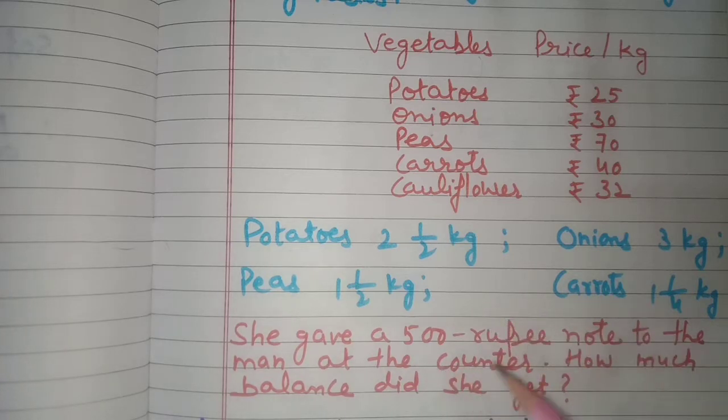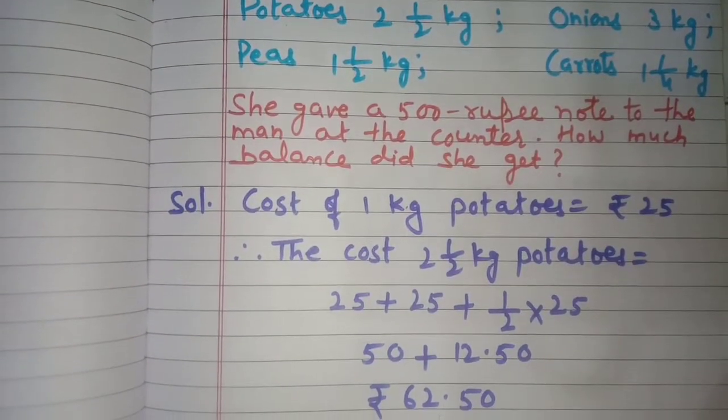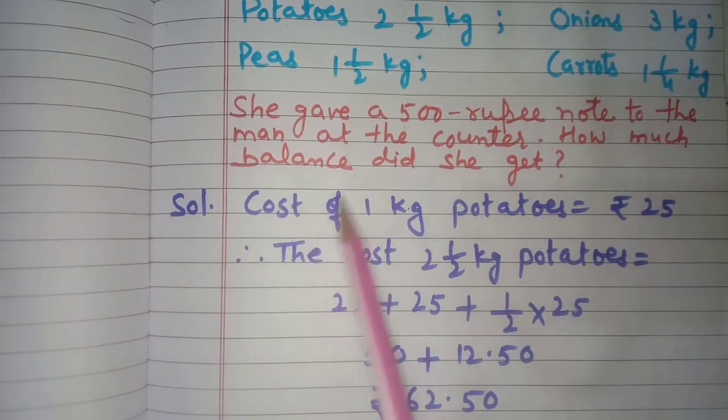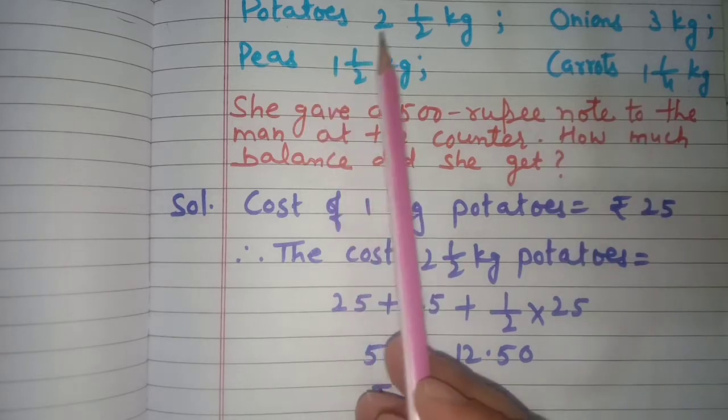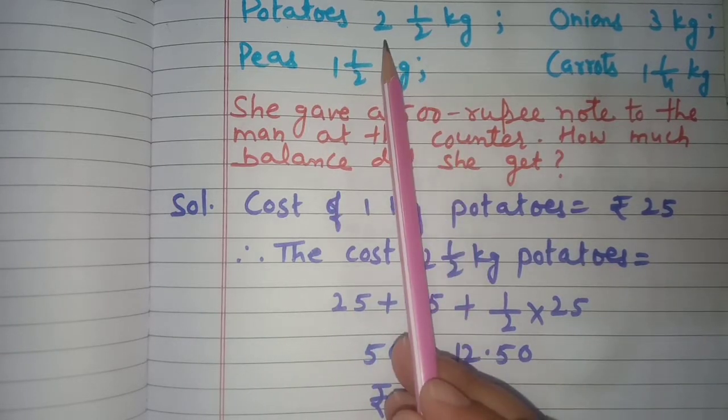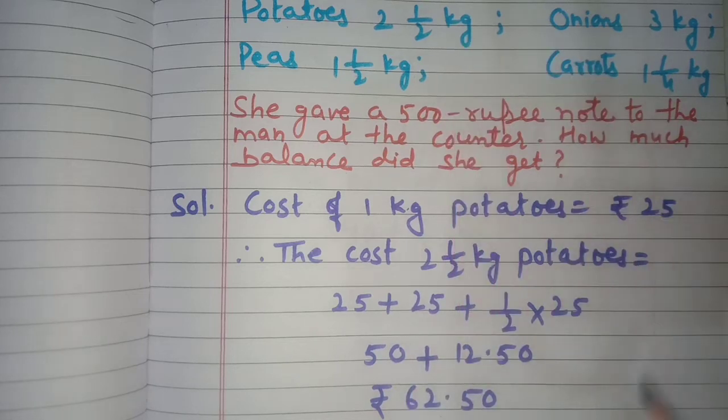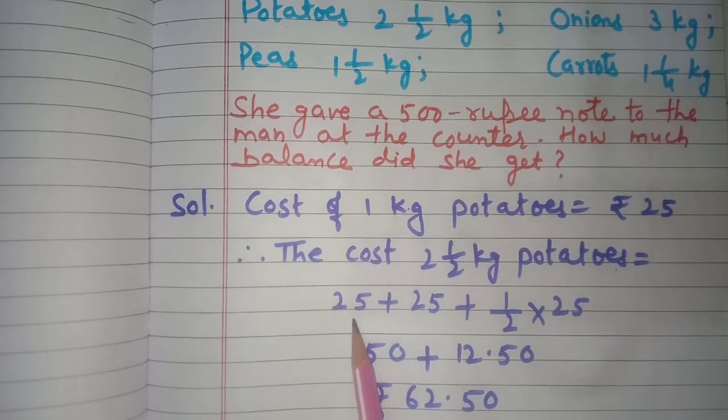So here she gave a 500 rupee note and she will get some balance. Now what balance she will get, that we are supposed to find. So let's see how to solve this question. So here the cost of 1 kg potatoes is 25 rupees, but she has bought 2.5 kg, means 2 kg and half kg. So the cost of 2.5 kg potatoes will be,